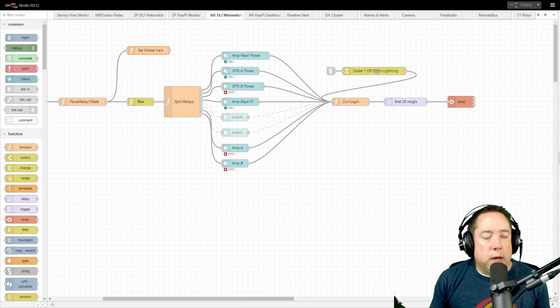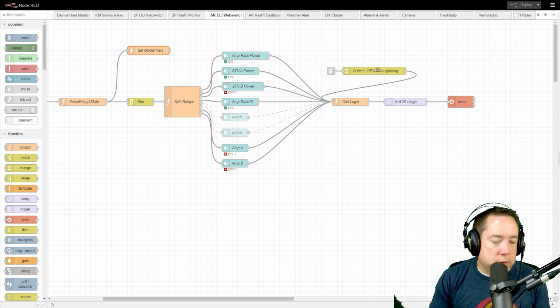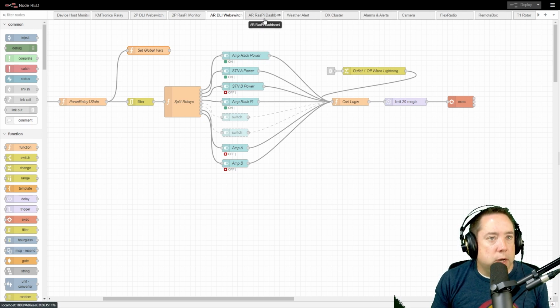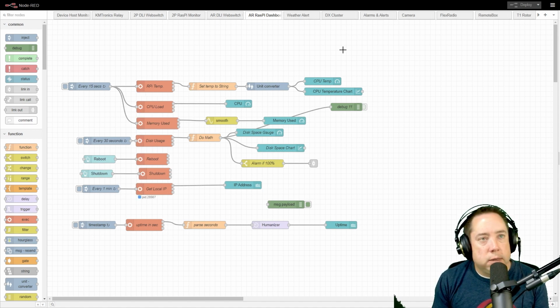So again, I'm controlling a port, the amp rack power. If lightning hits within a certain parameter, it goes ahead and shuts off the power supply, which then controls the Paradan antenna disconnects. Here is another flow for the second Raspberry Pi. So this is the amp rack